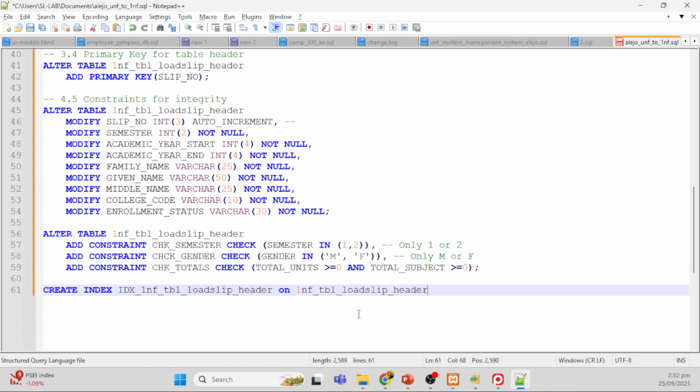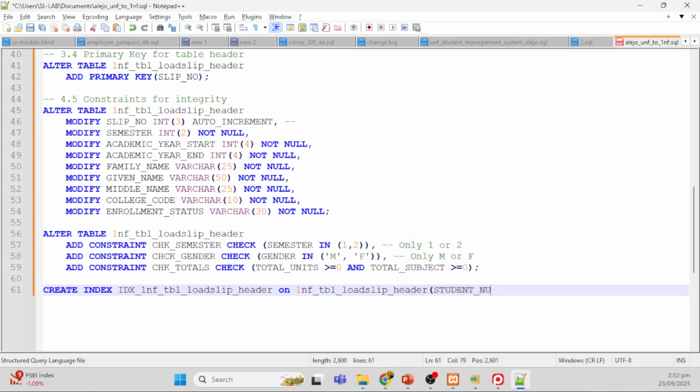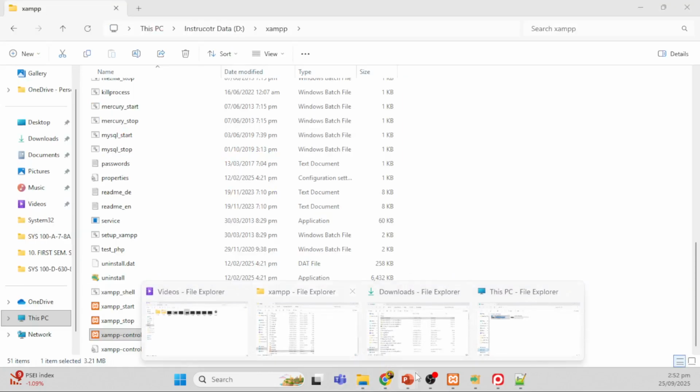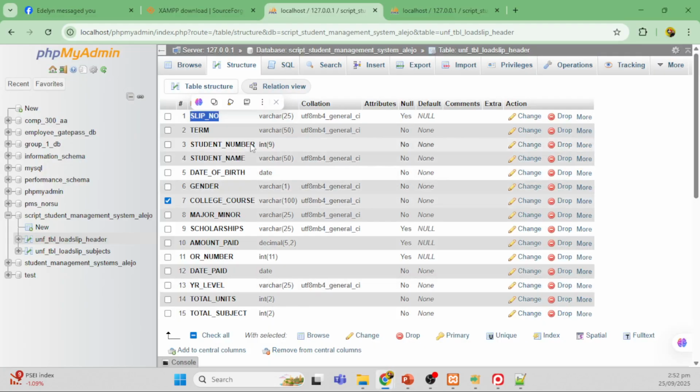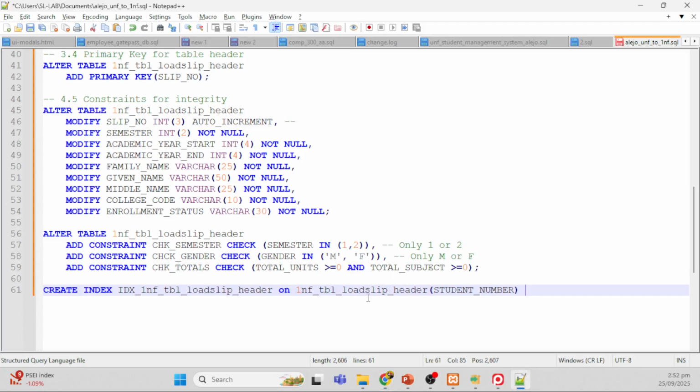And then the index would be the student number. Okay, this one will be the index of our table, to be created on the 1NF table of header. Because we're still working on it, sorry, this one. Okay, so